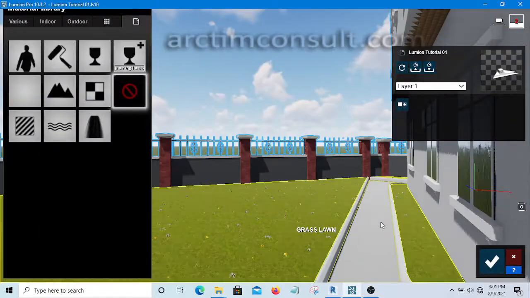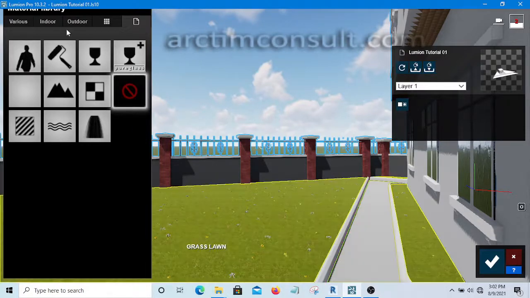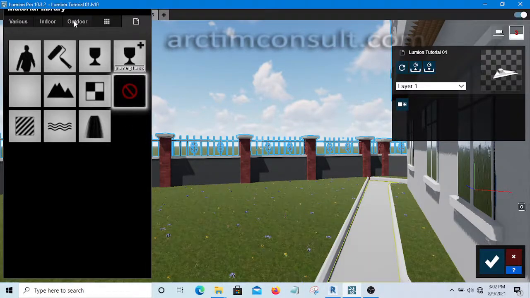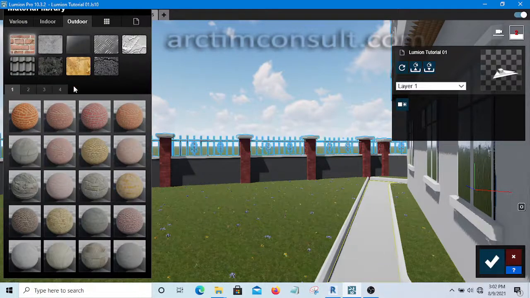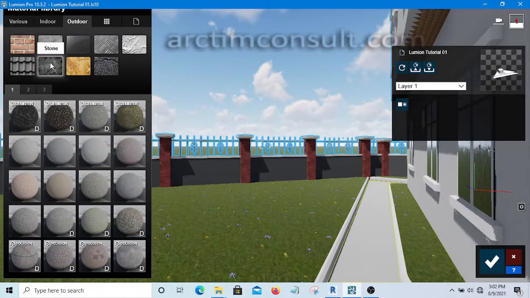All right, quickly let me add this material for pavement that will look like interlock. So I'm going to select it and I will select outdoor, then I will select stones, then having selected stones, I'm going to select this particular one,